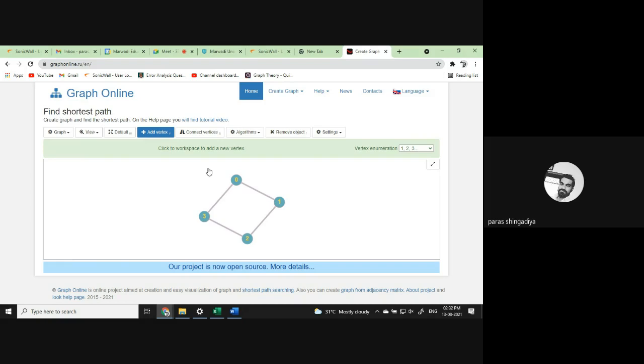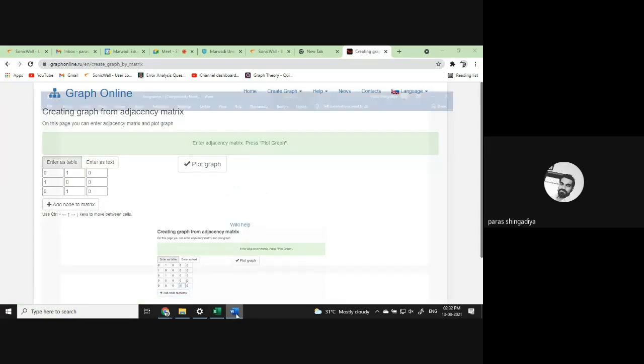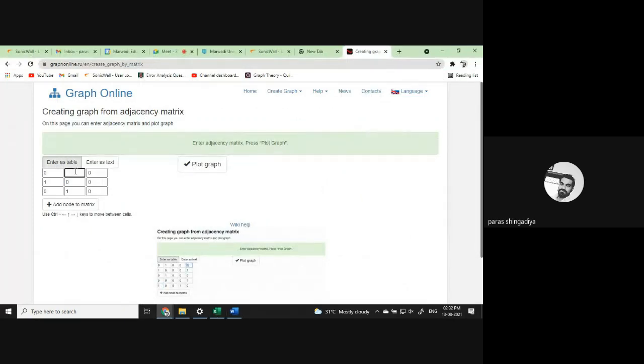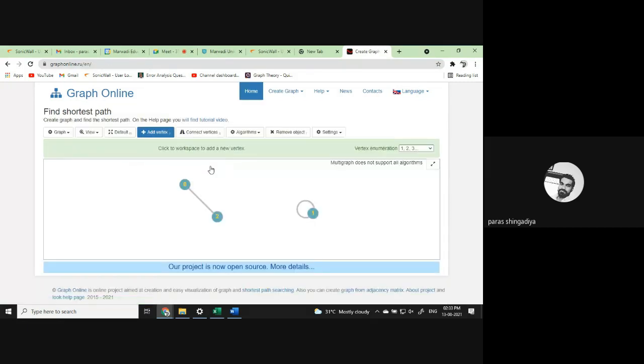Okay, and you can consider another matrix in place of that, and we can also create the direct answer. For example, if it is a 3 by 3 matrix, let us take the answer of the first one, the data is 0 0 1. Okay, and then the second row is 0 1 0, and the third row is 1 0 0. Okay, so let's check the plot. Clear? So that is the graph you will get. One vertex has a loop, and 0 and 2 are connected.